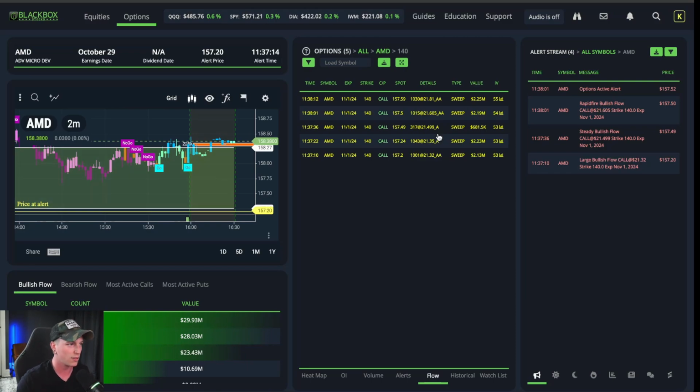Anytime you're trading, there is a market happening, like an auction at all points. You have the bid, which is what people are willing to pay for something. Then you have the ask, which is what people are willing to sell. And what usually happens when you hit the market button is that it will fill somewhere between those levels. But when somebody pays above the ask, which is what AA means, or at the ask, which is what A means, it means that they are paying the worst price that they possibly could just because they want to get